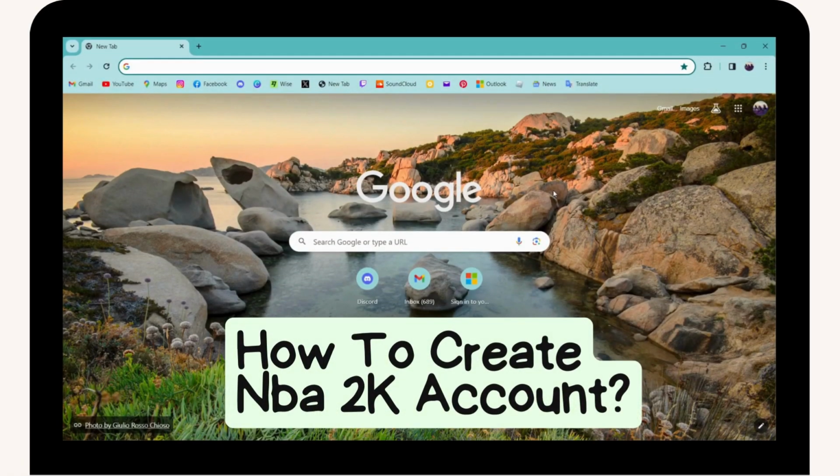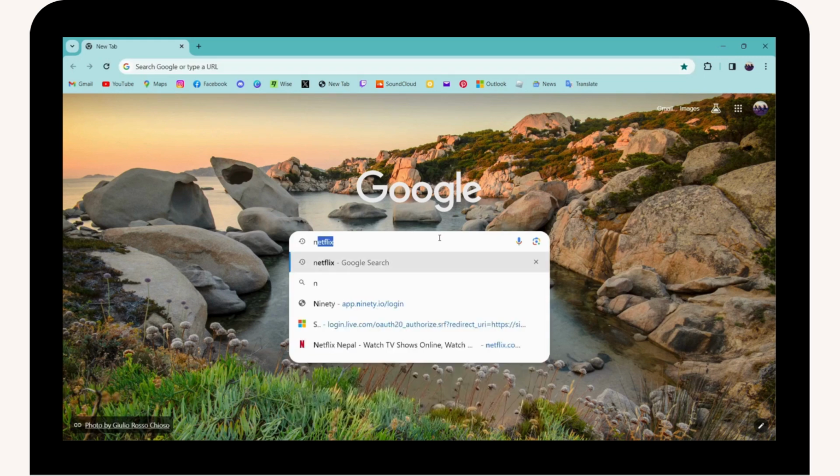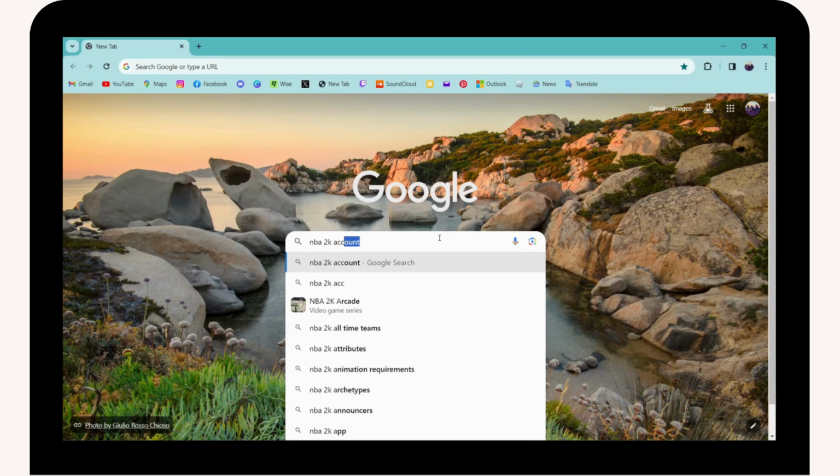How to create NBA 2K account. So if you want to create an NBA 2K account, then first of all you need to open up a browser, any browser that you're comfortable with, and I'm here with Chrome browser. Simply go for the search bar and search for NBA 2K account,